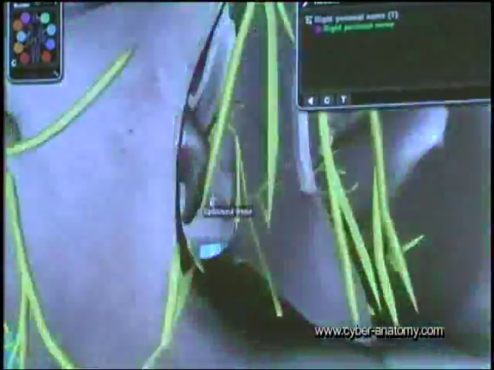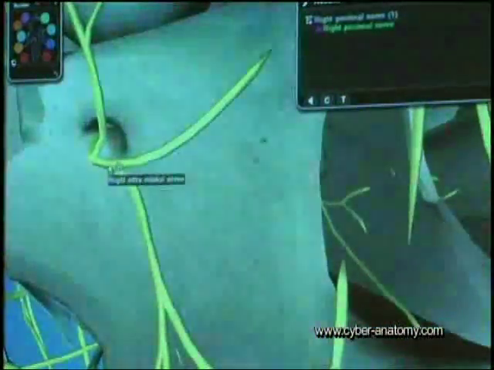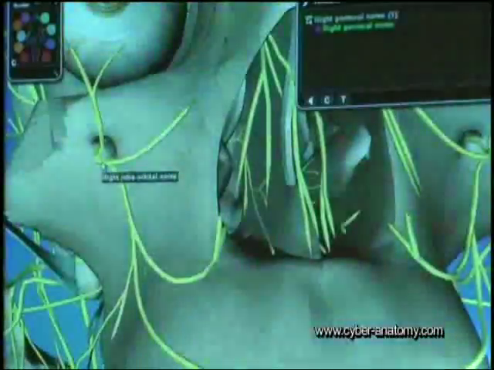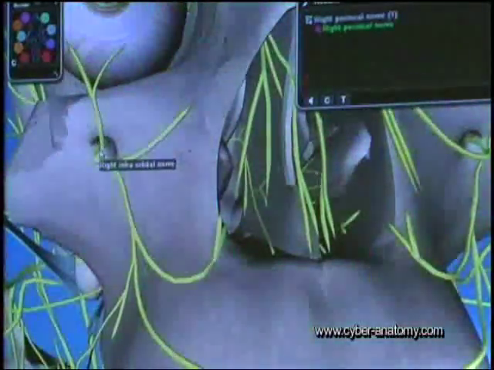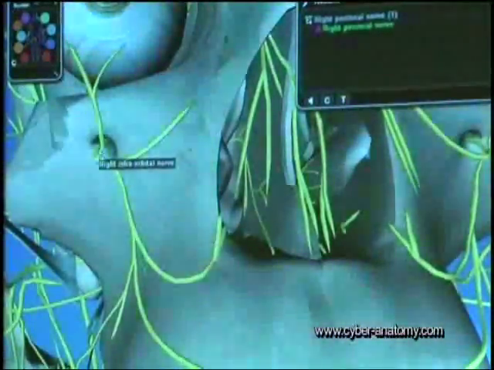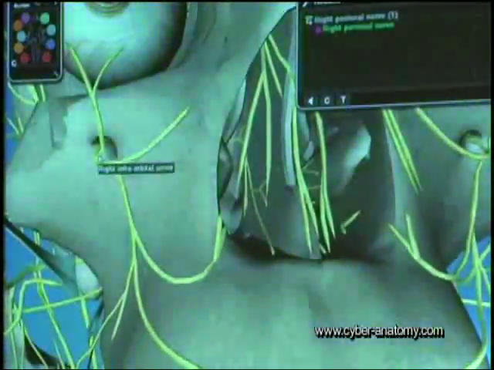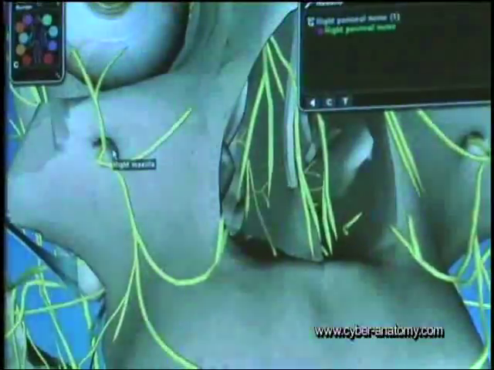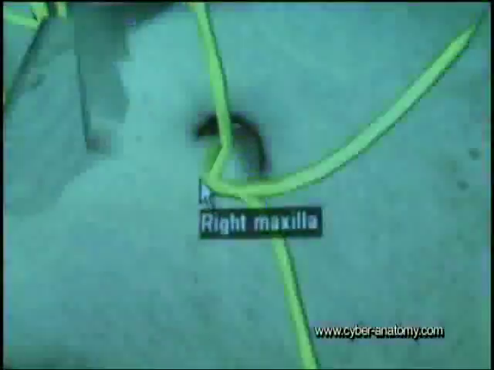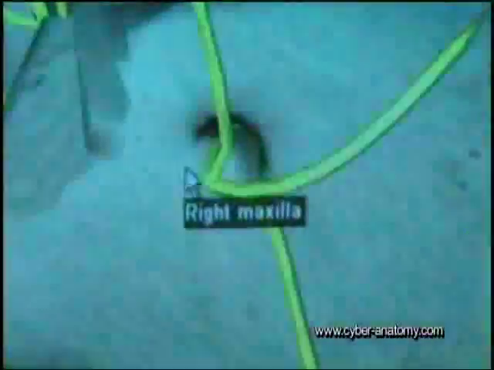Why don't we come over to the infraorbital nerve, another branch of V2, and you can see that if we mouse over it, we're getting the information about what nerve we're looking at, and we can tell which bones we're also looking at the same time. And we can actually just sort of zoom straight on through here, and that should take us all the way back to where we saw the infraorbital nerve in the first place coming off of the pterygopalatine ganglion in the